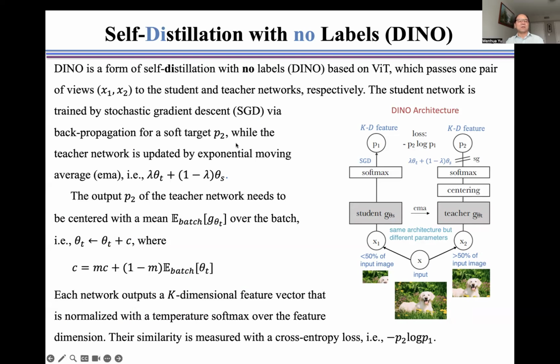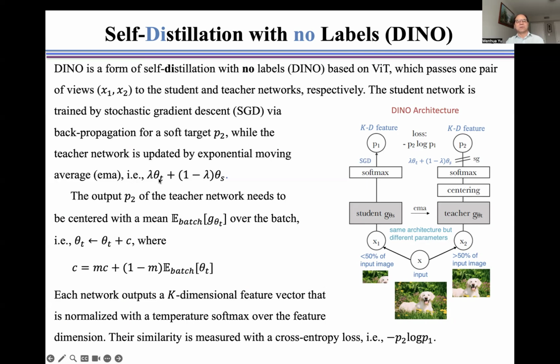The student network is trained by stochastic gradient descent via backpropagation for a self-target p2, as shown here. This is the teacher network, and this is the student network. While the teacher network is updated by exponential moving average,